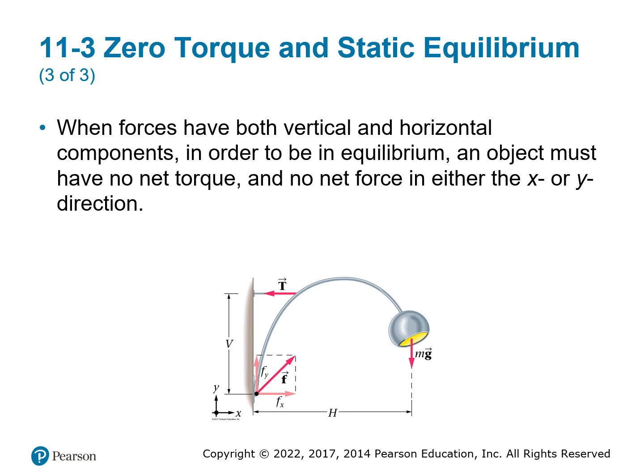All right, so when your forces, of course, have both vertical and horizontal components, in order to be in equilibrium, we know that the components separately have to have a net force of zero. So net force of x has to be zero, and net force of y also has to be zero. So same thing from when we did regular forces linearly, it has to apply here as well.